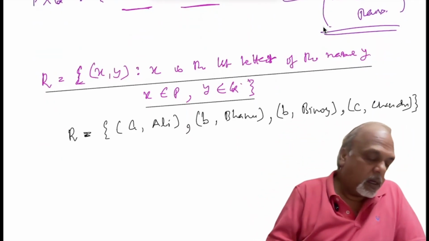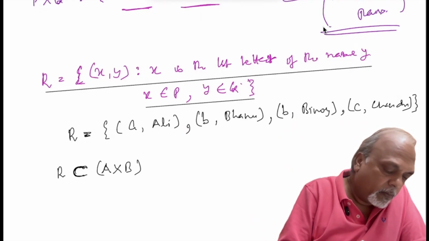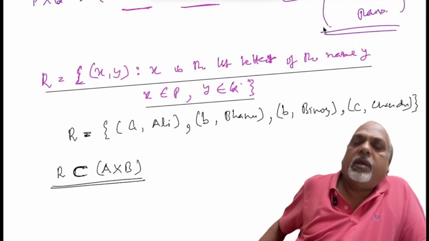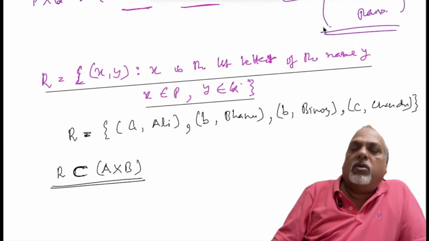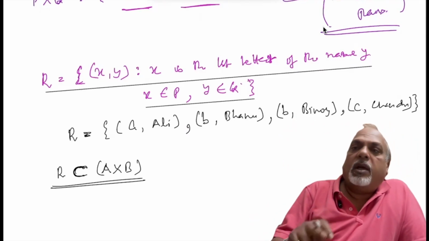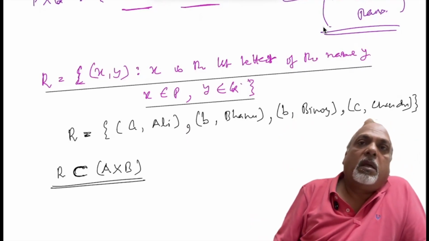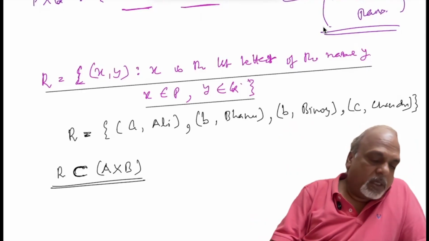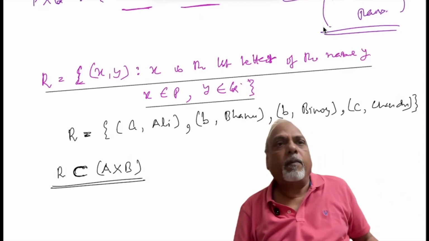If you see, R is what? R is nothing but the subset of A cross B. It will always be. If you define a relation, then you have to take out those ordered pairs which satisfy your relation, the condition of the relationship. Correct? So now, pictorially, if you can see,